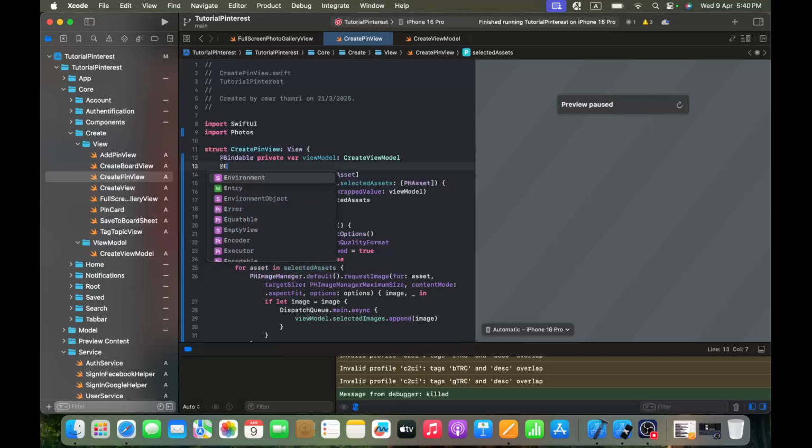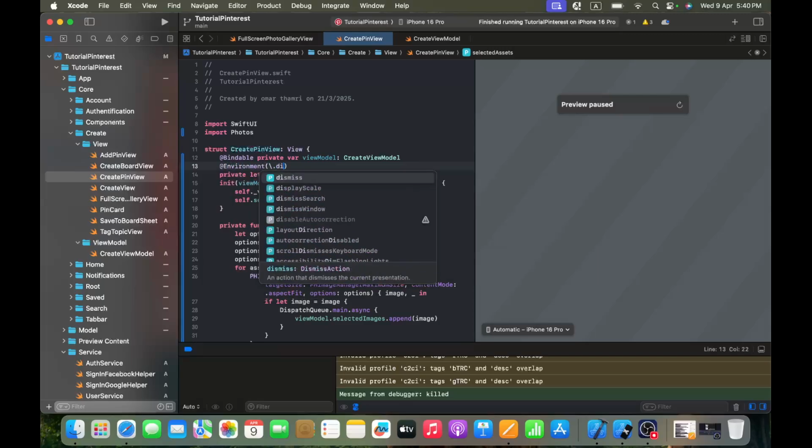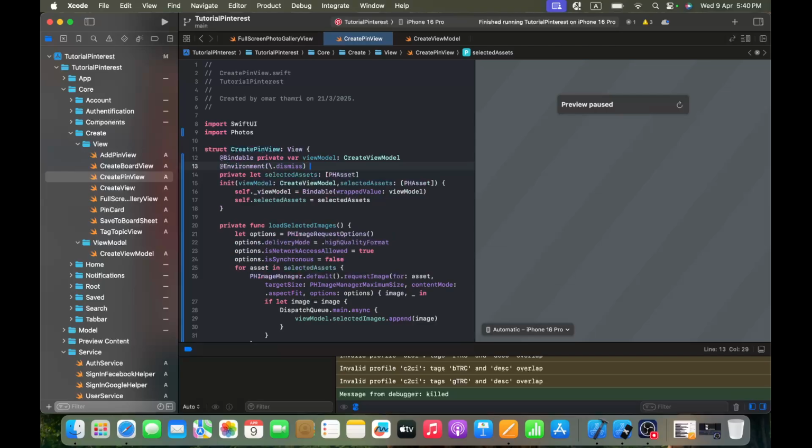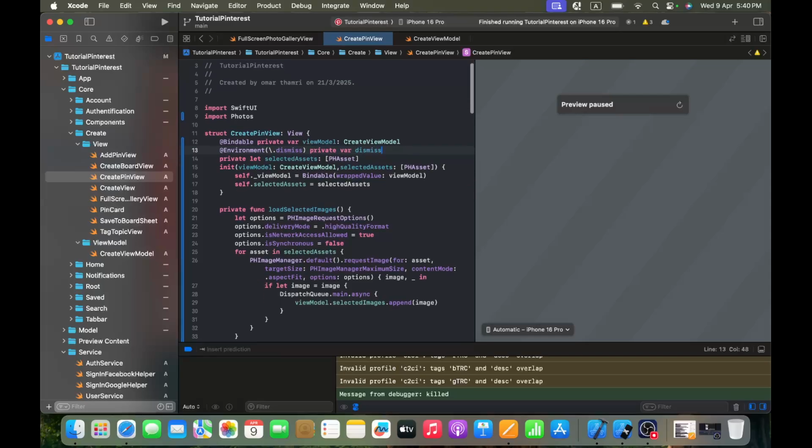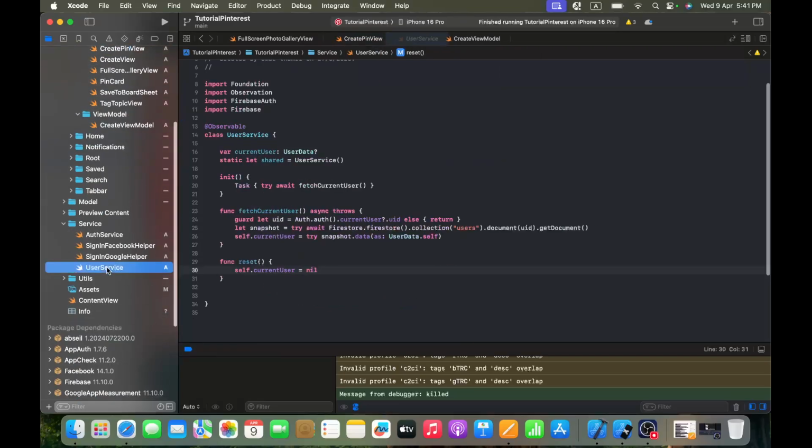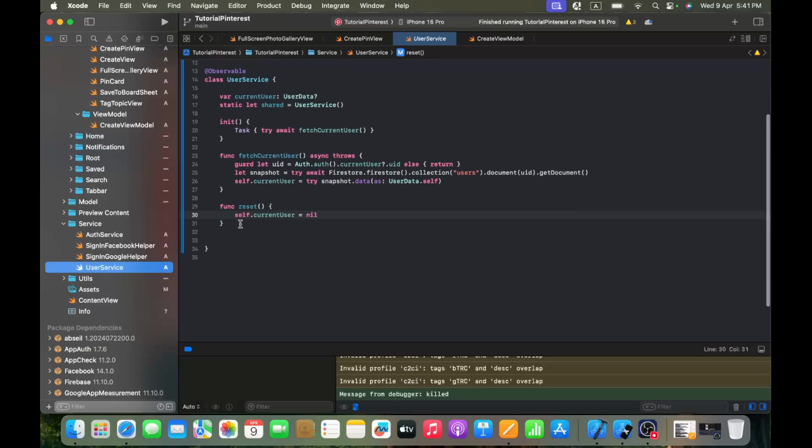and here you will have at environment slash dot dismiss private var dismiss. Okay, so we are able to dismiss it, which is perfect. The third thing I want to do now is go to my user service and start implementing the function to